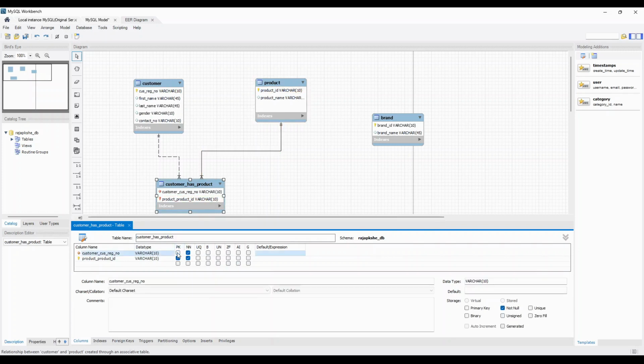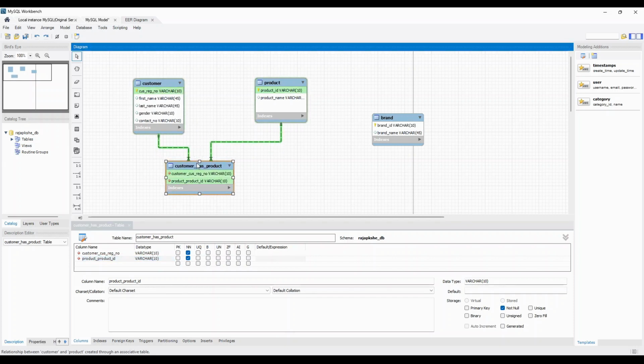Now I'm going to remove the primary key mark on those columns, right? Because this is the table that we're going to store purchasing information. So when we store purchasing information, one customer can come to the shop many times and buy many products. So in that case, the customer registration number, that means customer's ID, duplicates in this table. So if we put this as primary key, this table cannot contain any duplicated data, so the customer won't be able to come to the shop again and won't be able to buy any items. So that's why we remove this primary key mark